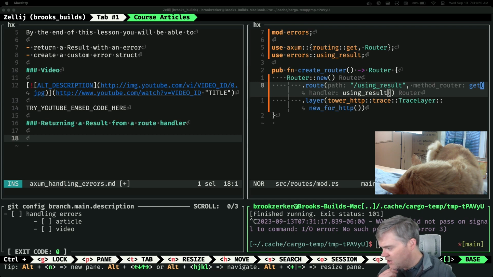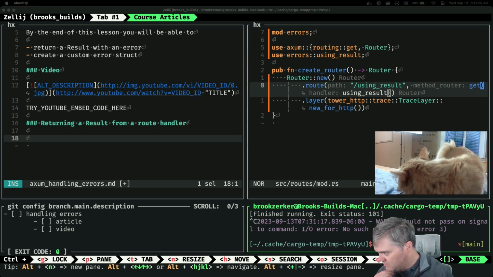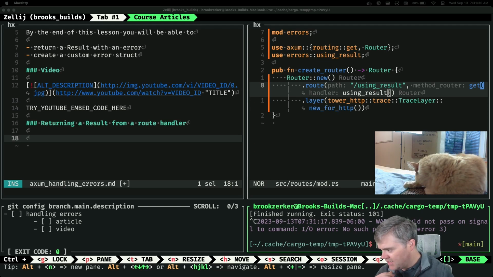Do I have any other cargo watches still running? I see my cargo temp is running. I have my Helix. Okay, I don't see anything like that.